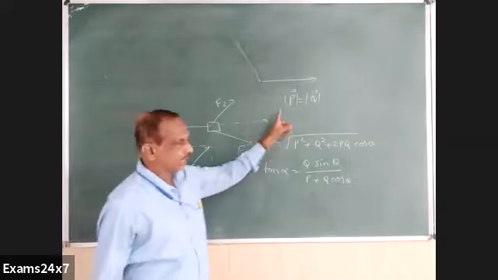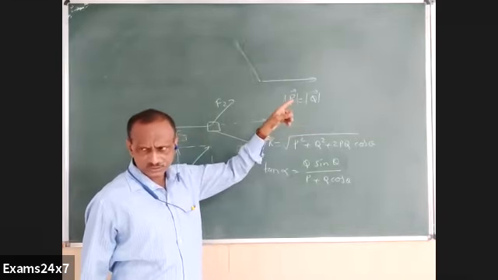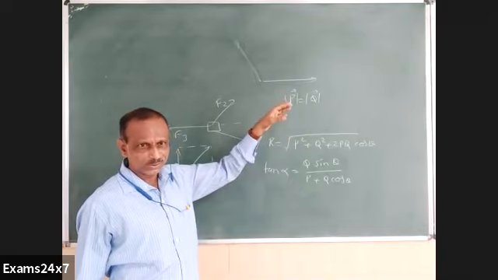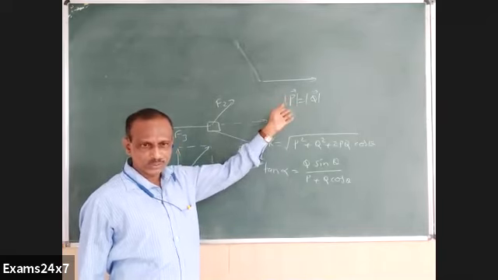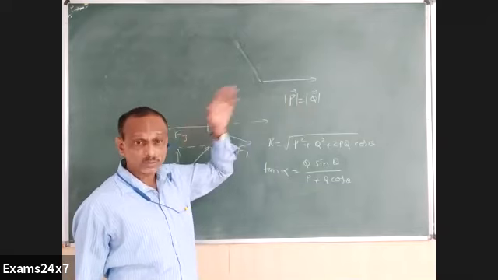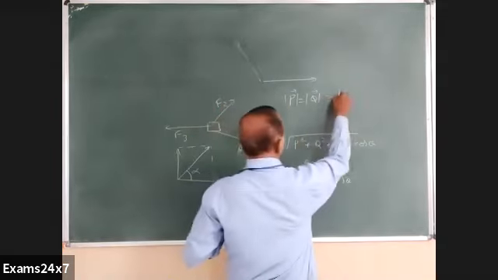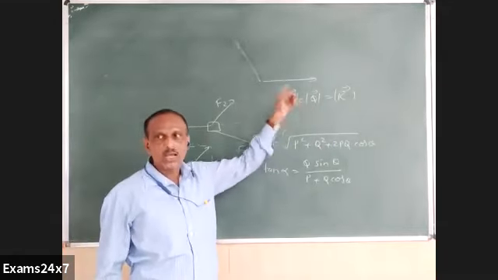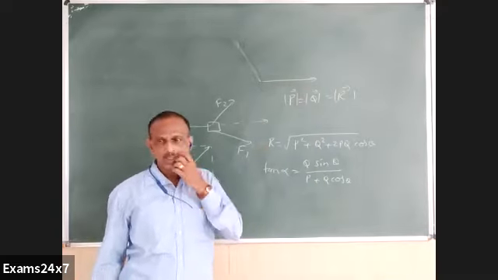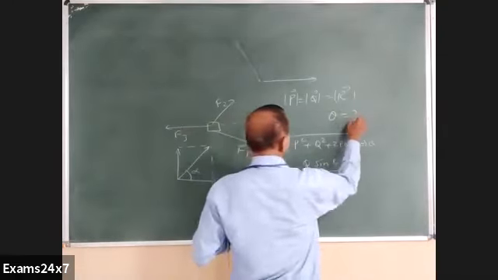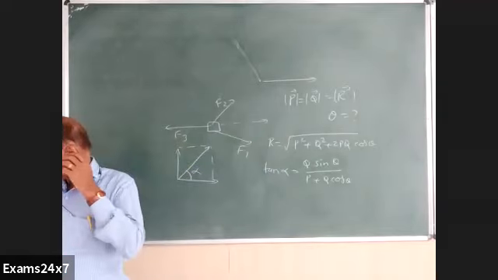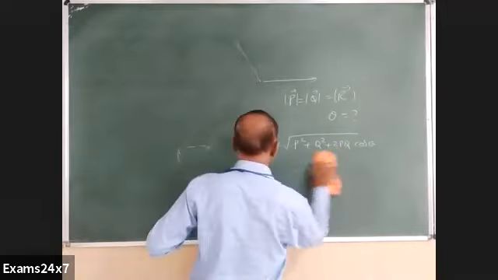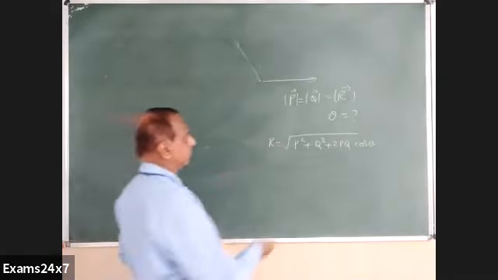Means what? P is equal to Q as well as equal to? No, P is equal to Q means Q is equal to P. One more thing is equal to them. Correct. Resultant R also is equal to them. The value of P is equal to Q as well as R is the meaning of this. Now what is asked is theta. So substitute in this formula. R also is equal to P, Q also is equal to P, and see what you get.